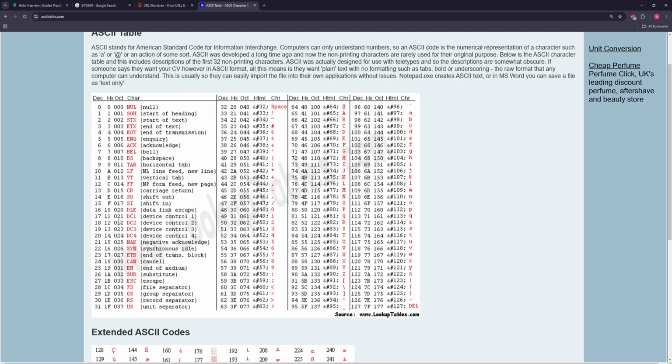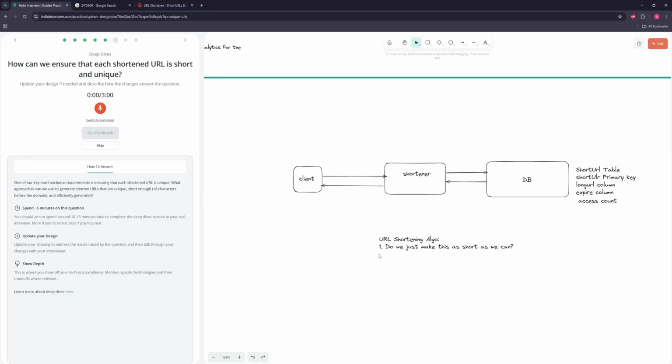we can essentially use all these uppercase, all these lowercase, and then numbers. We can't really have an escape character, so these wouldn't work. And we don't want spaces and this kind of stuff in a URL. So probably the best thing is just to have uppercase, lowercase characters and numbers. And you can actually do that. I think it's like base 64 or base 62, you base 64 encode something into